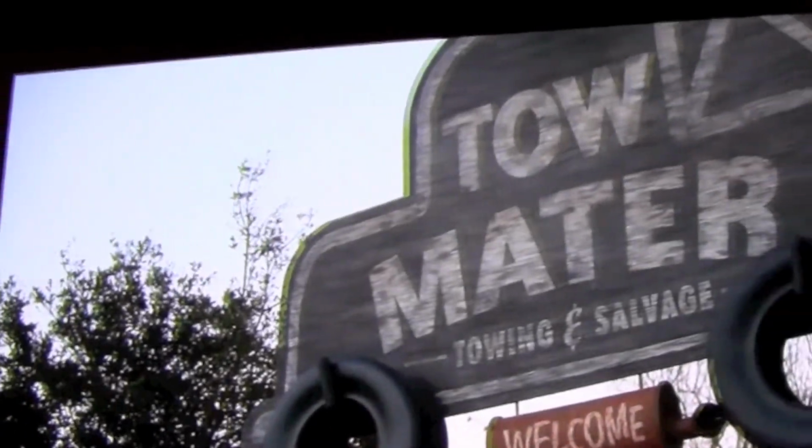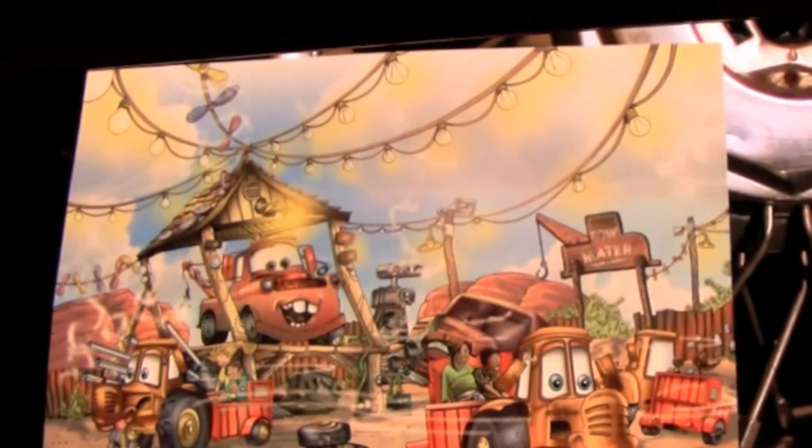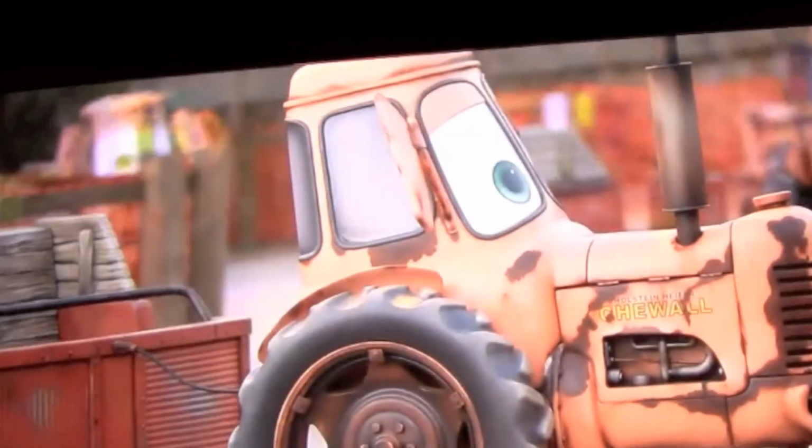Mater's Junkyard Jamboree is this musically based attraction where baby tractors are pulling trailers with our guests in them. It's inspired by the old whip rides on the East Coast and the boardwalks, you know, where a castered vehicle would go down to the end of a loop and then